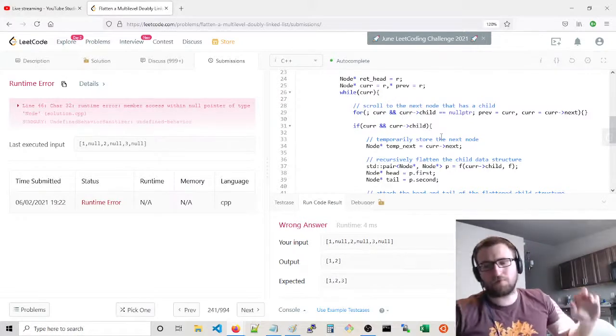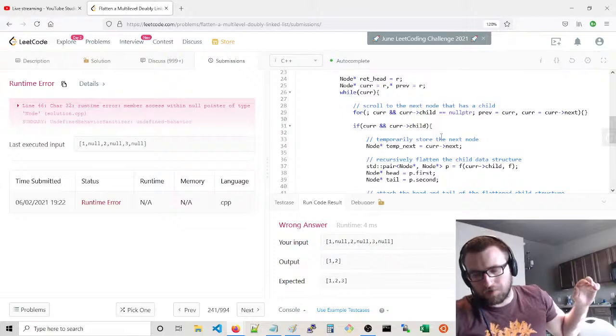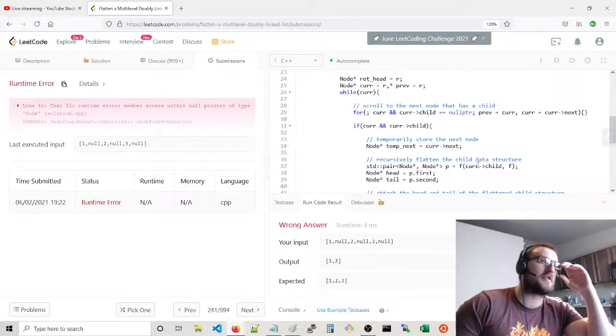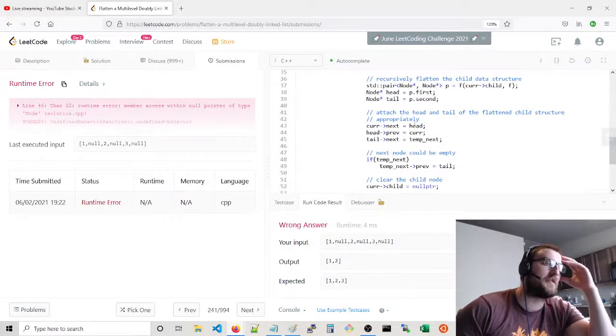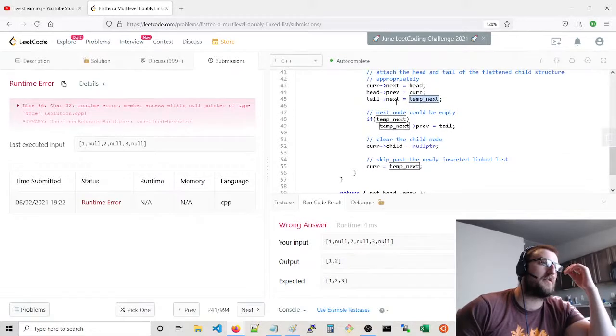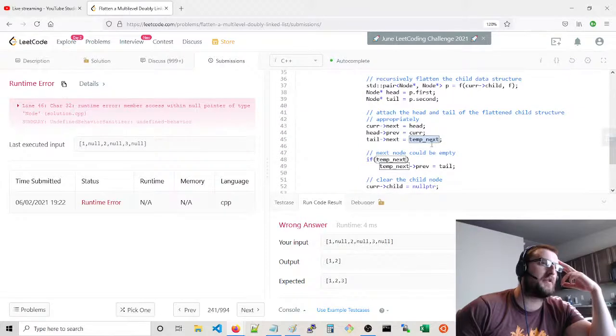So actually, that gets kind of complicated, doesn't it? Because you want the temp next could be empty. In which case,